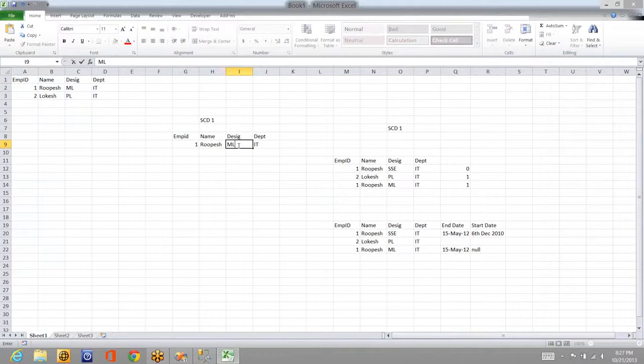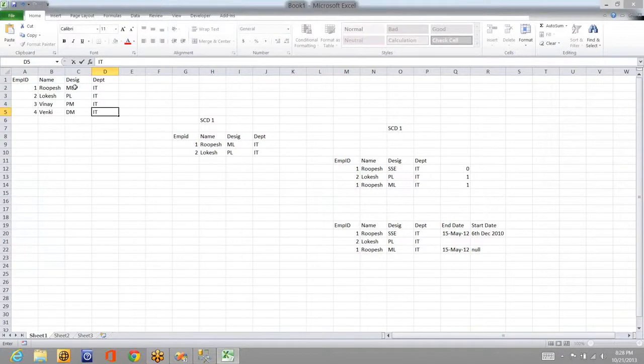This becomes ML. And it will come to the next record after that. So second record, 2, name is Lokesh, and this is a new record. So it inserts. That's it. So it updates the record. Instead of ignoring it, it updates. Okay. Let's say after a few days, more records are inserted. PM, IT, let's say 2 more records. Venki, DL, DM, delivery manager, and IT.